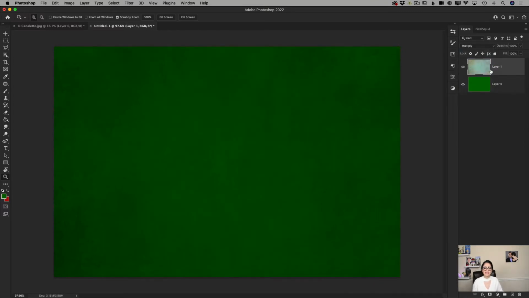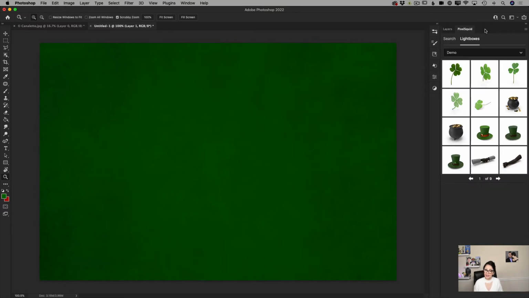I will assign this layer to multiply. If I zoom in, you will see that here I have a beautiful texture, still green color, but with beautiful texture. Now let's talk about our ready to go 3D object. I will click on the PixelSquid plugin to open it, and here, guys, we have several